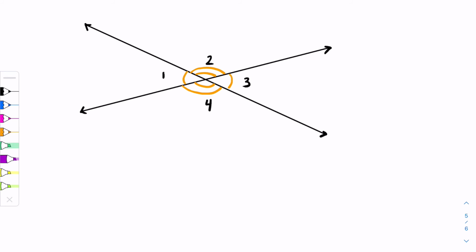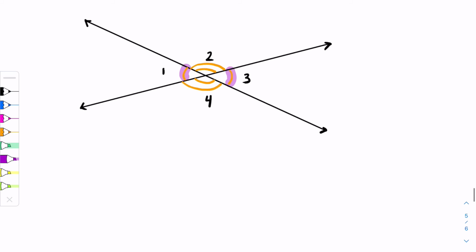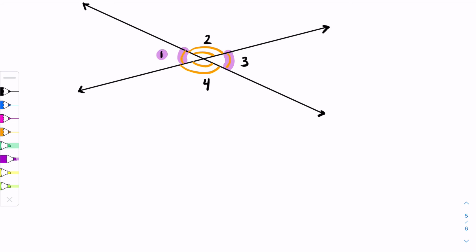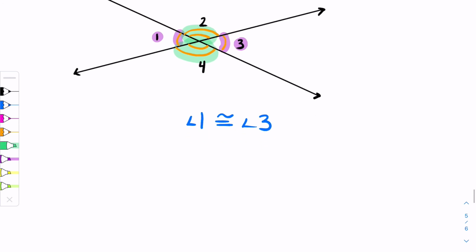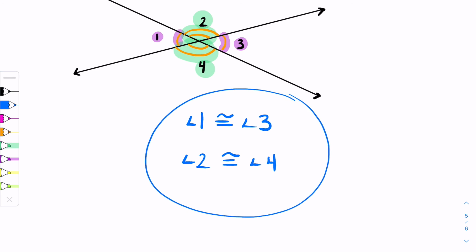So when you're looking for congruent angles, you're looking for matching angle arcs. So if each angle has one single arc, that's going to indicate that the measure of angle 1 and the measure of angle 3 are equal, or you could say angle 1 is congruent to angle 3. Also, if you see two arcs between the angles, you match it up with the other angle with two arcs, and you can indicate that angle 2 and angle 4 are congruent. And this is how you write them. So make sure you have your notation correct, make sure you understand what congruence is,